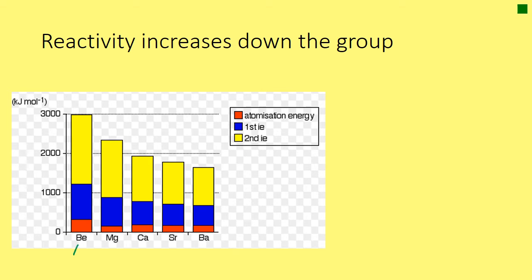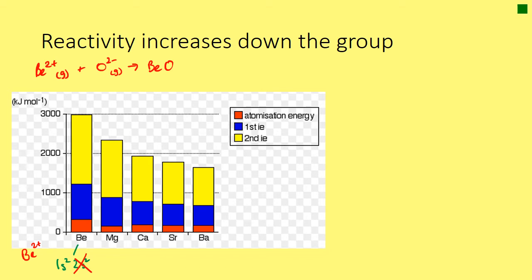So for example, the electronic structure of beryllium is 1s2 2s2, and when it makes an ion, these are the 2 electrons that it loses, and that is going to give us a beryllium 2+ ion. The energy required to make that 2+ ion is what's in that column there. So first of all you have to atomize it, and then you have to take the first electron off, and then you have to take the second electron off, and then you have a gaseous 2+ ion that is there to react. For example, a beryllium 2+ gaseous ion is then able to react with an oxygen 2- gaseous ion to make beryllium oxide,